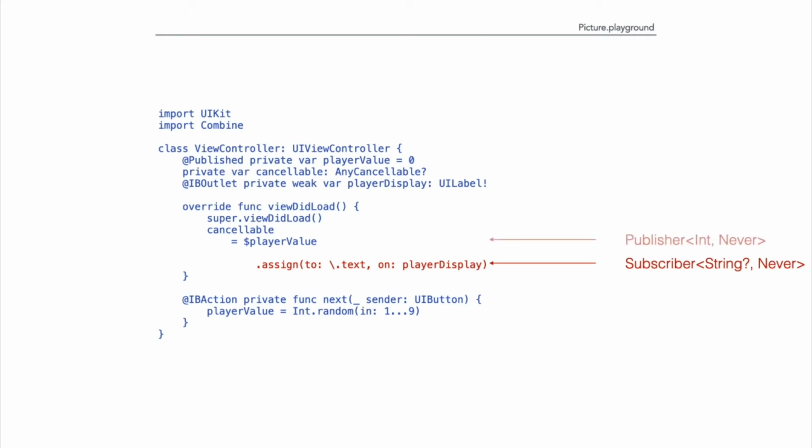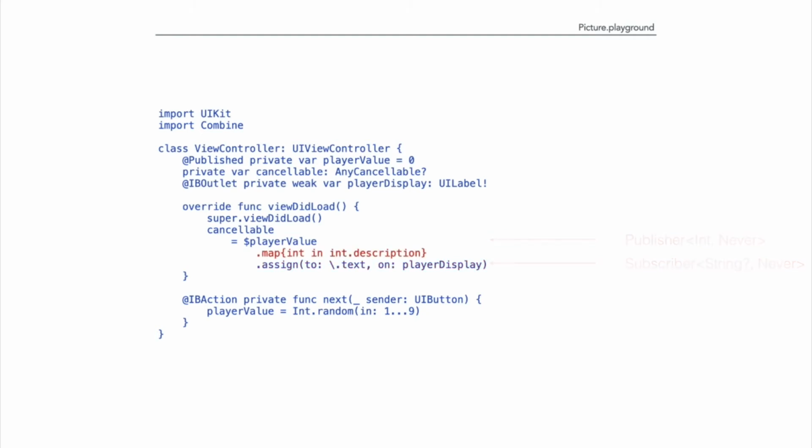Unfortunately, the publisher is publishing an int and never fails. And so those two types don't match up. I'm sending out an int, I'm expecting to receive a string, or an optional string actually. And so just as you would in functional programming when you're working with arrays, I need to convert that int